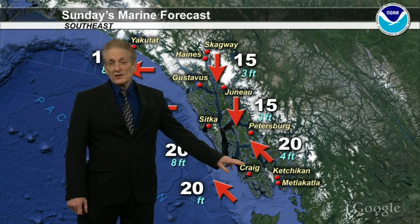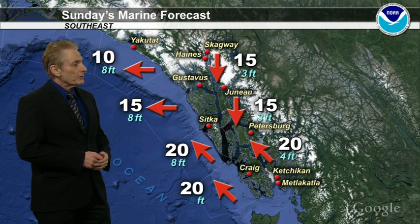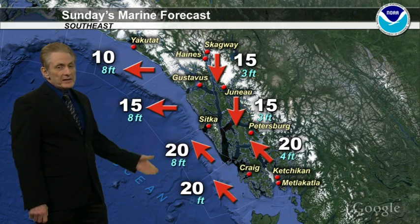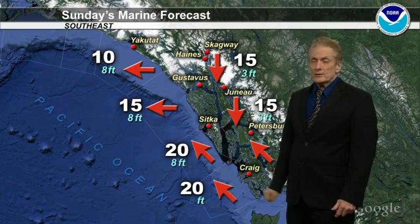Light winds over the inside waters of Panhandle now, especially from Clarence Strait, actually Clarence Strait southeast 20 with 4-foot seas, otherwise 15 knots from Stevens Passage up through Lynn Canal. We've got southeast 20 down on the south coast with 8-foot seas, the entire length of the coastline here, so